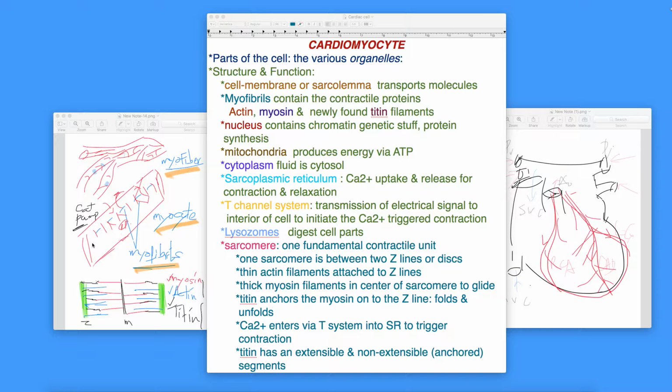Mitochondria, cytoplasm. Sarcoplasmic reticulum is something which is actually an invagination. I tried to show you here. It invaginates within the cell from the sarcolemma, which is your membrane. So when it invaginates, obviously it creates a huge surface area. Imagine you're still holding a pencil, for instance, and that pencil has some crevices. You create some crevices,